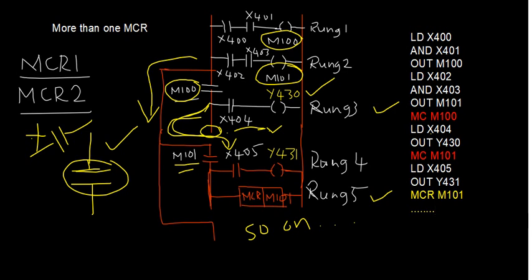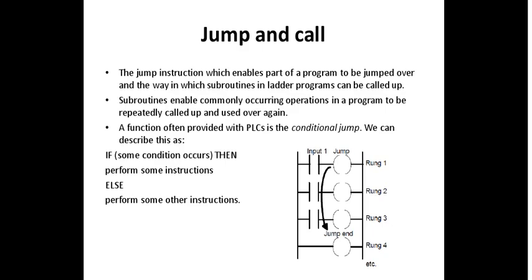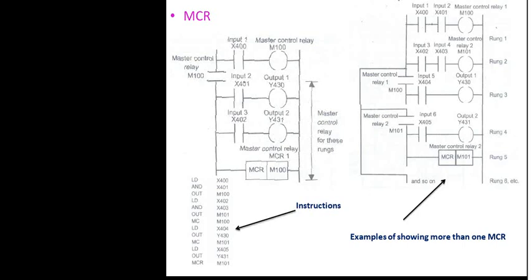So this is what I wanted to show you here. The same thing is represented in your diagram also, if I am right. One second, I have come to this. Okay, you can see here the same example. Instead of showing it directly, I just wanted to write these things so that parallelly you should be able to take down these things. So this is how the different master control relays might come into picture in a particular application or example.